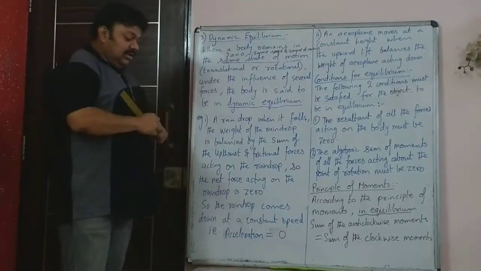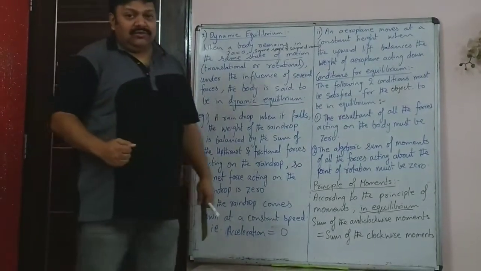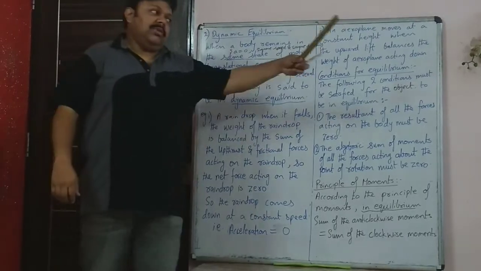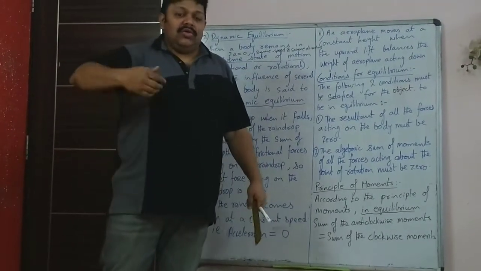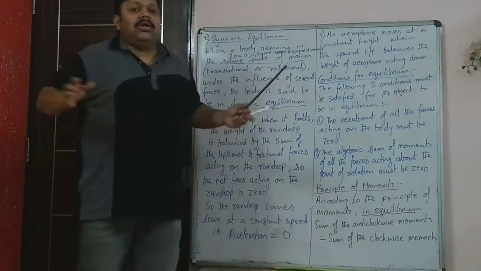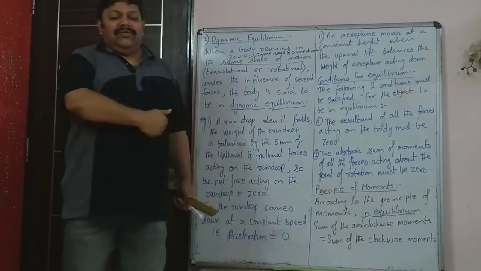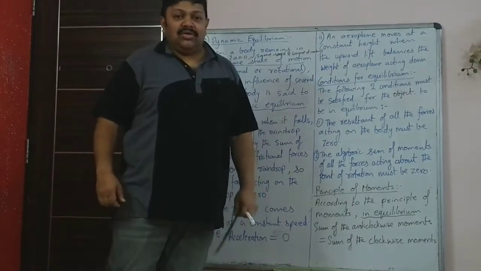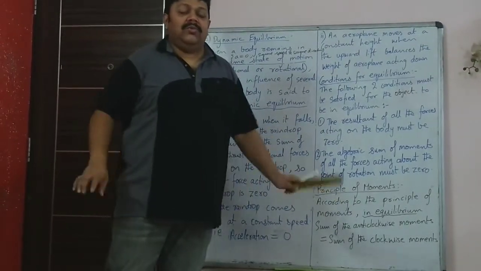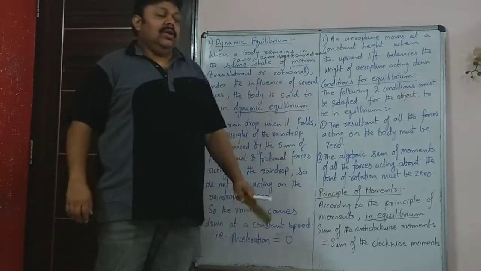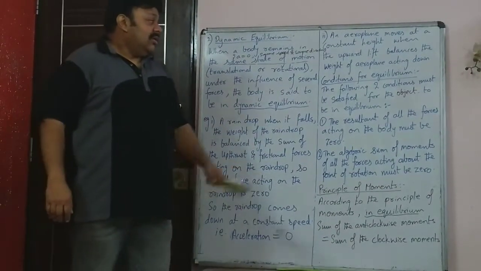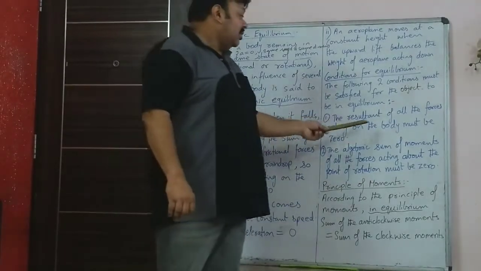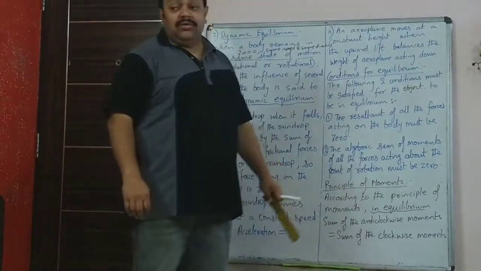For example, let's say there is a tug of war match. You and your team are pulling, 6 people on this side, 6 people on that side. You will find that the rope will not move at all if the force exerted by these 6 guys and the force exerted by those 6 guys is exactly equal. The rope will remain at the same position. So that's an example of equilibrium, and that's an example of the first point. The resultant of all the forces must be zero.